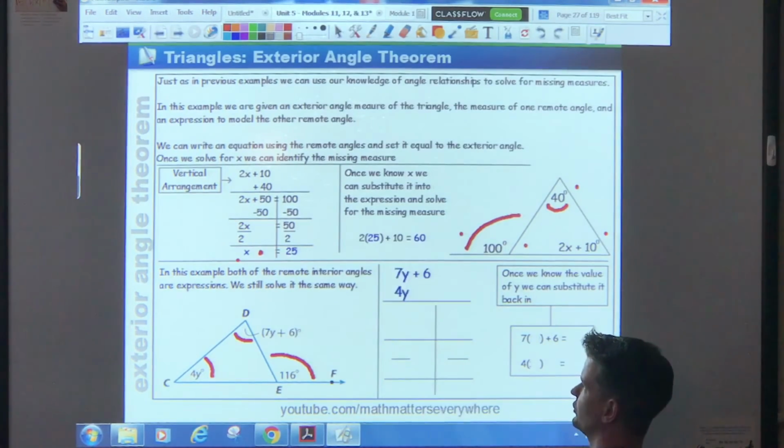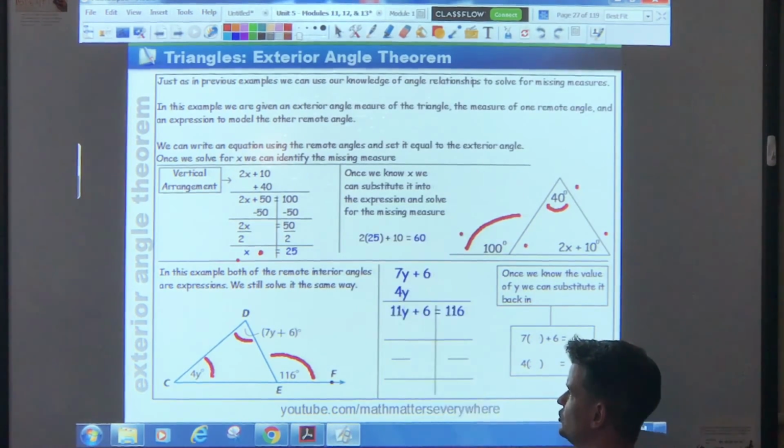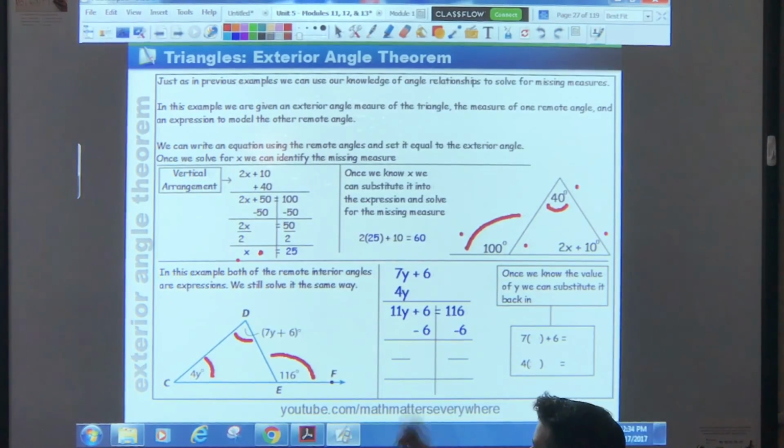Good. And we use our vertical arrangement, 7y plus 6 over 4y. You combine those, you get 11y plus 6 equals 116. When you do that, you should know how to solve it from here. Class, what is the next step? Subtract 6 from both sides to get the variable term alone. That will cancel out the constant here, leaving us with 11y is equal to